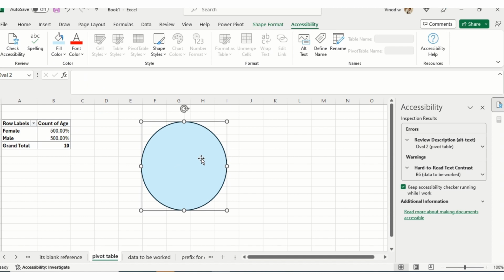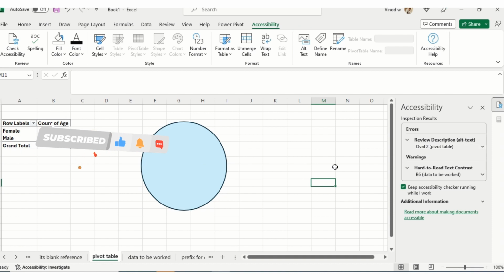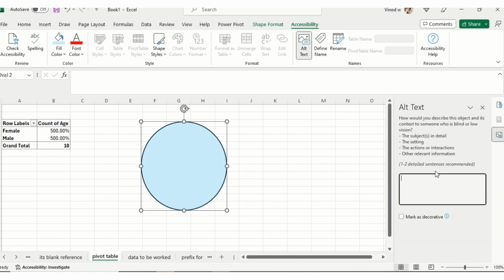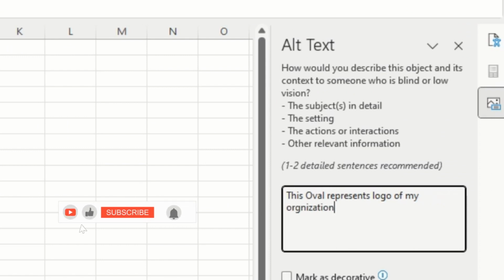Cool. Now when I check these warnings or maybe errors, at that time I'll get to know what exactly I need to do. Cool. So in the sheet they are saying that in the oval 2 pivot table right here, add a description. So I'll just add a description over here. Simply, it's automatically selecting an alt text as well. This oval represents the logo of my organization. Mark as decorative,